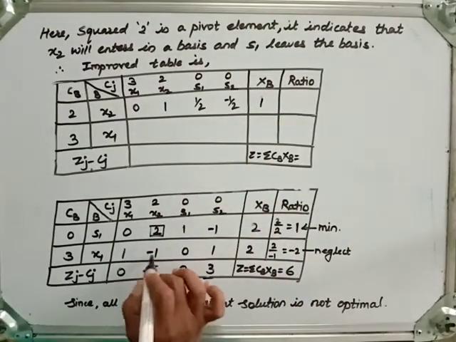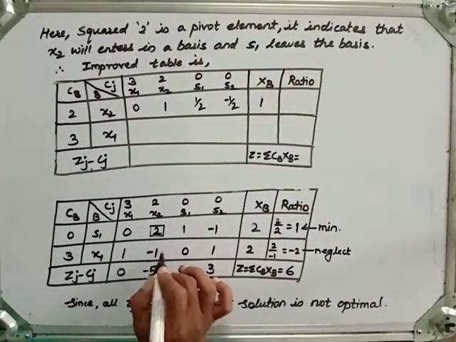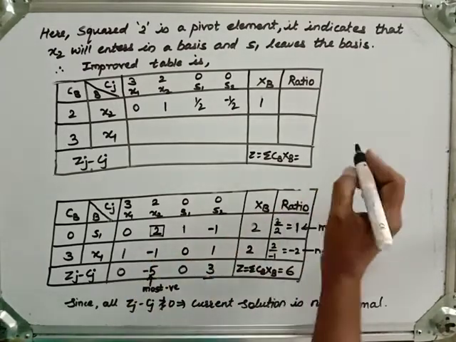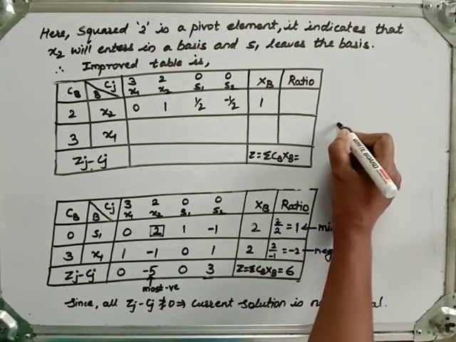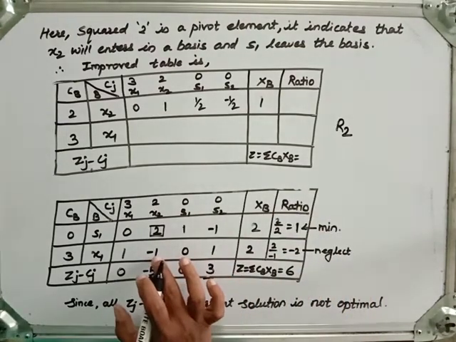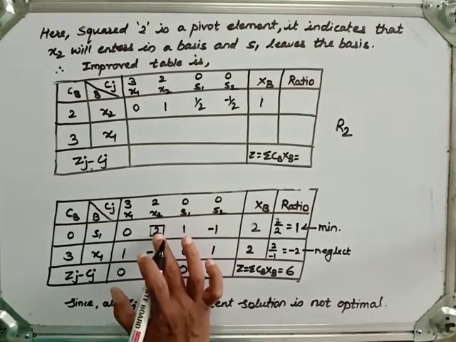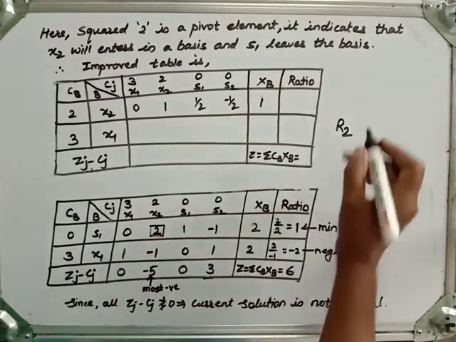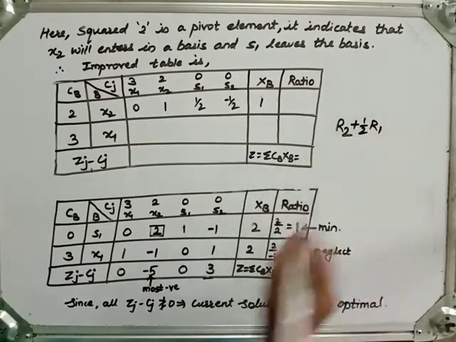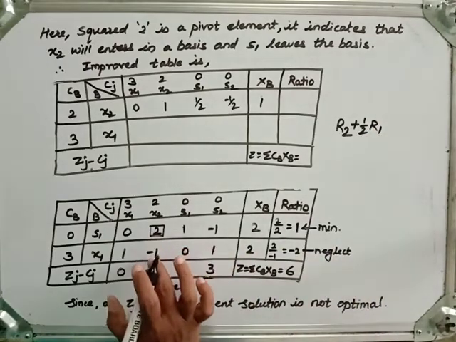Okay. Now we have to make this other element of that respective column as 0. So for that, let us do an operation. We have to make changes in R2. R2 having entry minus 1. So let me make here 1 and we will add that. So R2 plus 1 by 2 times R1 if I will do, then I get 0 here.